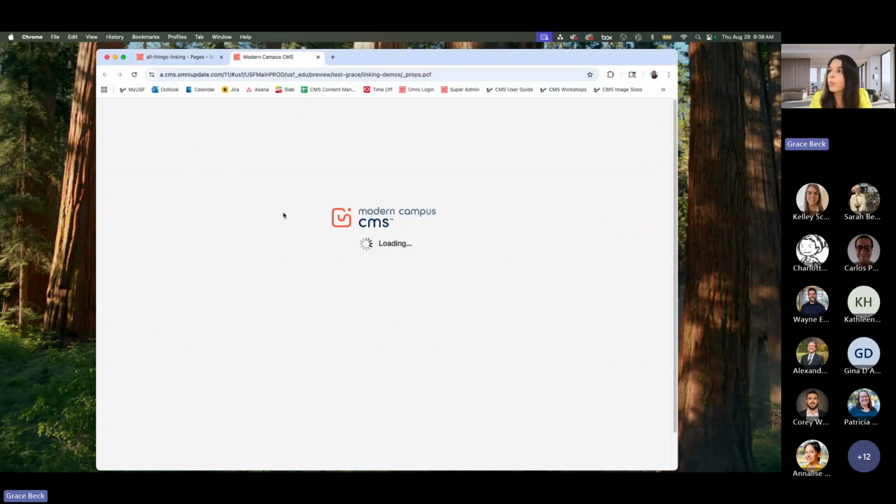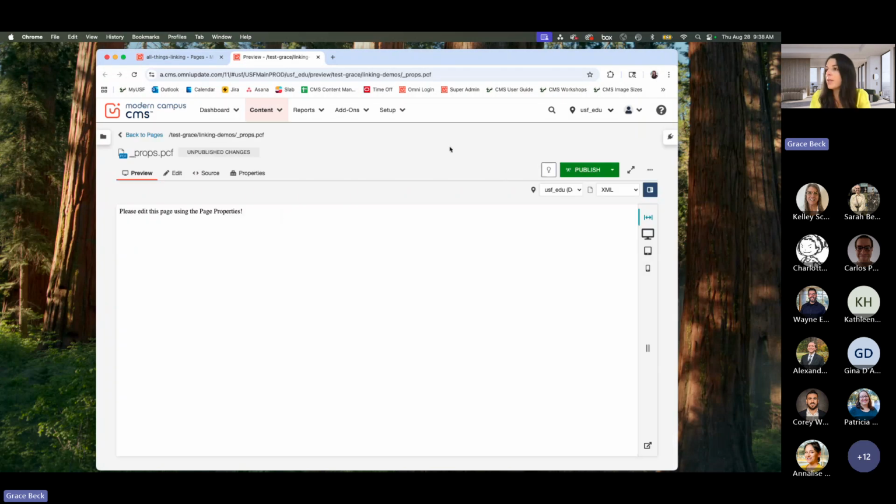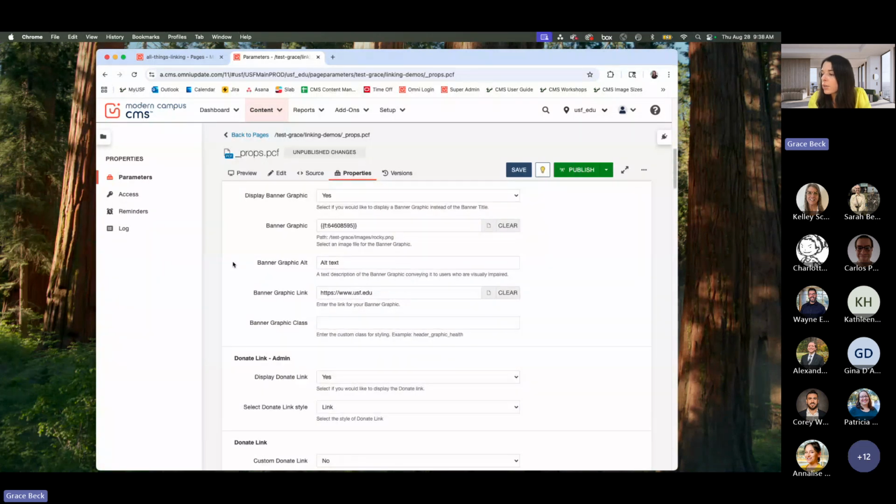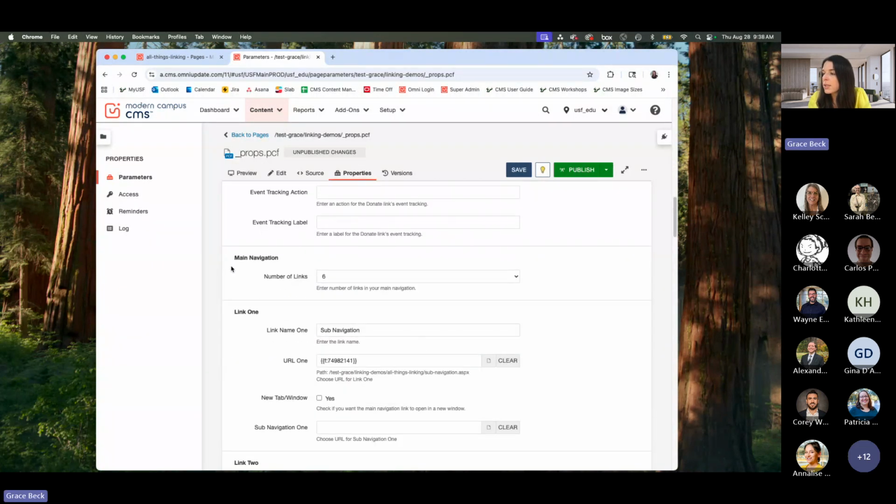So I'm actually going to go to the props file of my website. So again, props is _props.pcf within my website itself. Again, it doesn't look like I can edit this at all. What you're going to want to do, click checkout, then click properties, and you're going to scroll down, and this is going to be